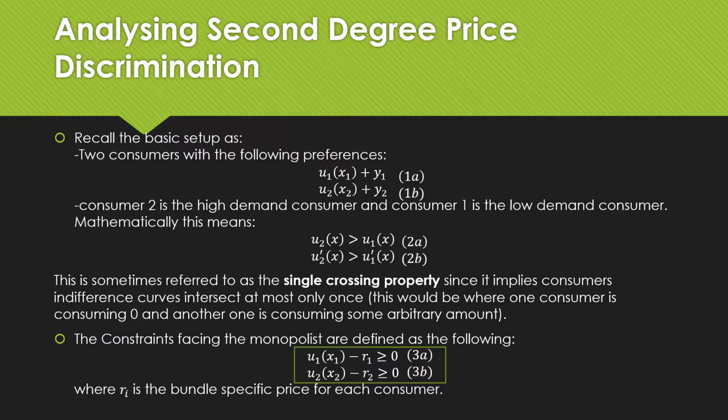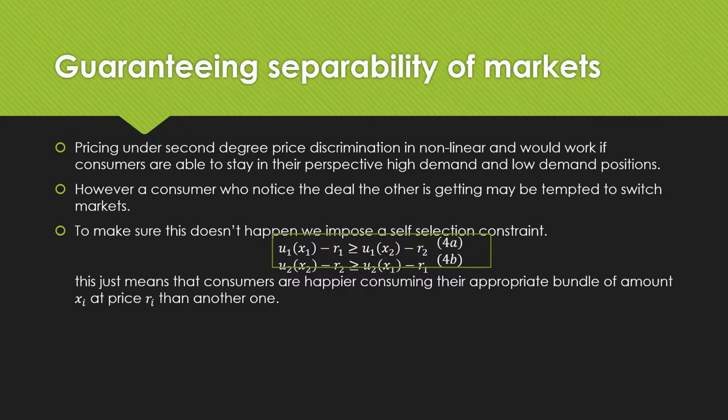The constraint facing the monopolist is defined as the following. Again, we have the utility for consumer 1 consuming quantity x1, meaning that he's consuming at his demand, minus R1, which is the bundle price that's unique for consumer 1, must be greater than or equal to 0, and we have the same thing for consumer 2. So pricing under second-degree price discrimination is nonlinear and would work if consumers are able to stay in